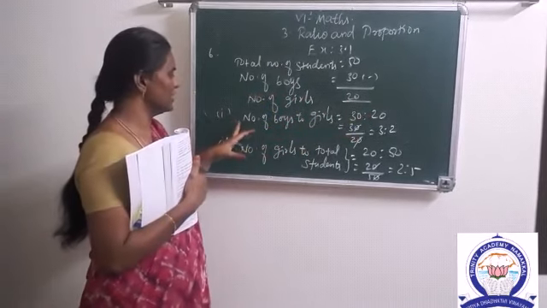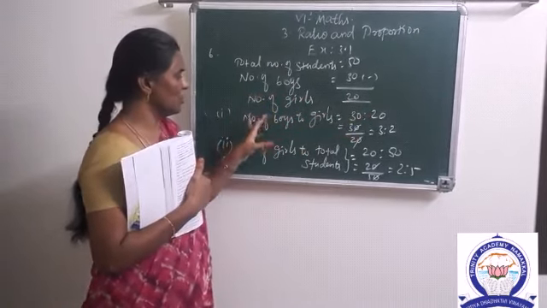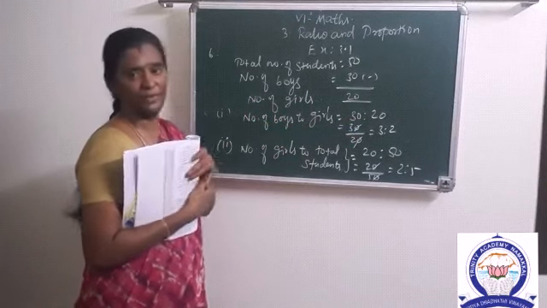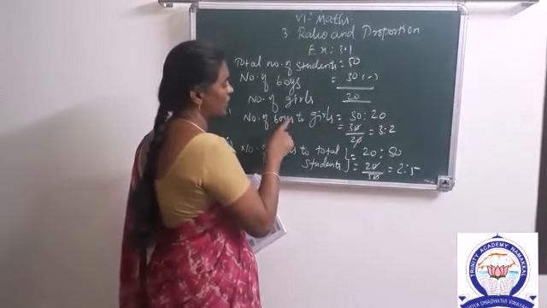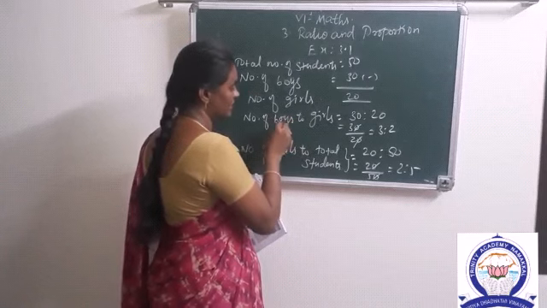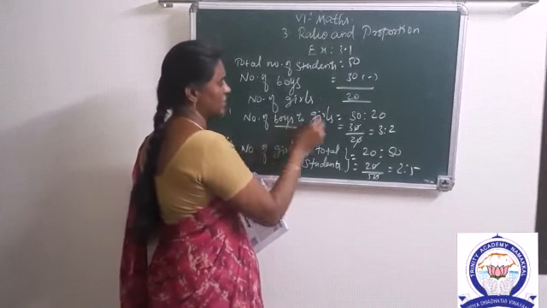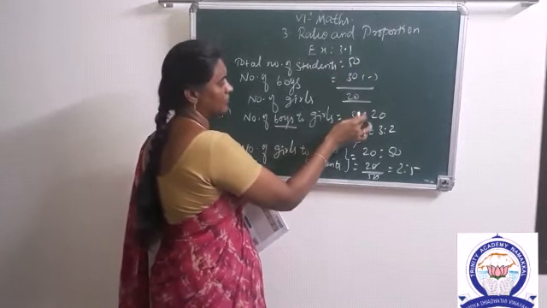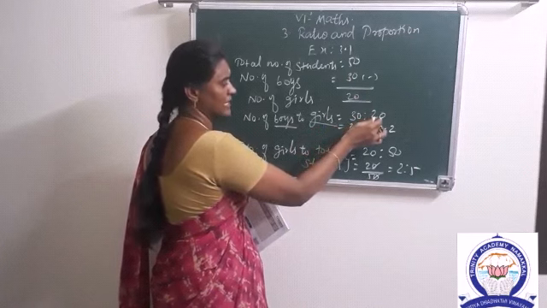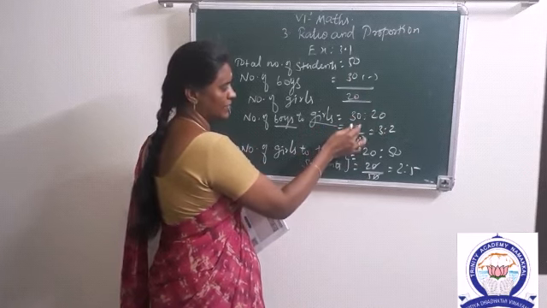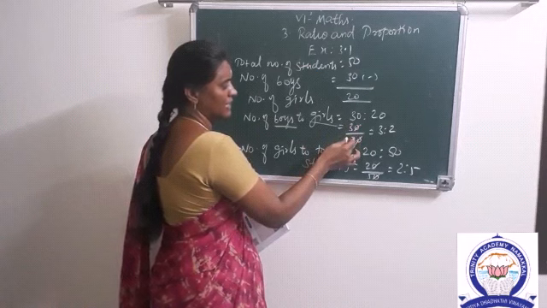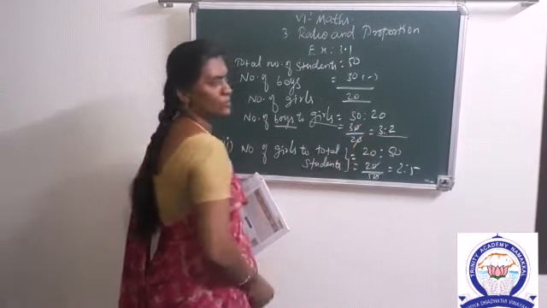Now the first option is to find the ratio of number of boys to number of girls. Listen, ratio of number of boys to, first what is given? Boys. So how many boys? 30. Is to girls, 20. Ratio is in the form of fraction. We write 30 by 20. The zeros get cancelled. Again we write 3 by 2, that is 3:2.